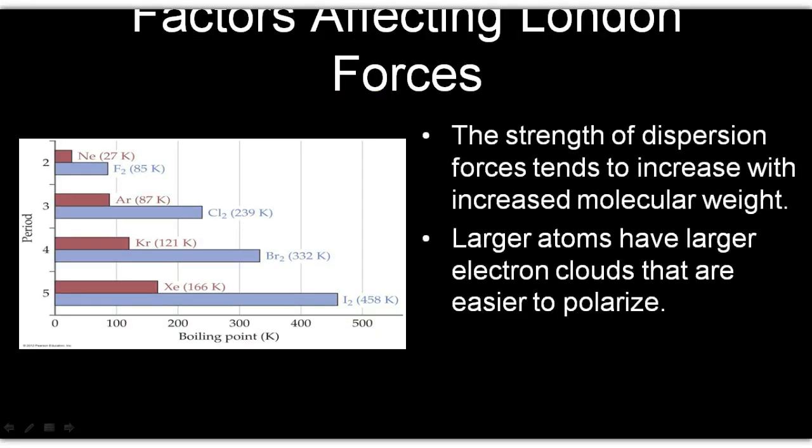Some other things we mentioned here: the point of this slide is to show that these elements are right next to each other on the periodic table, neon and fluorine, but fluorine has a higher boiling point than neon, because it has a higher molar mass, because there's 2 fluorines versus the 1 neon. So more electrons, more potential for attraction, higher boiling point. Okay, moving along